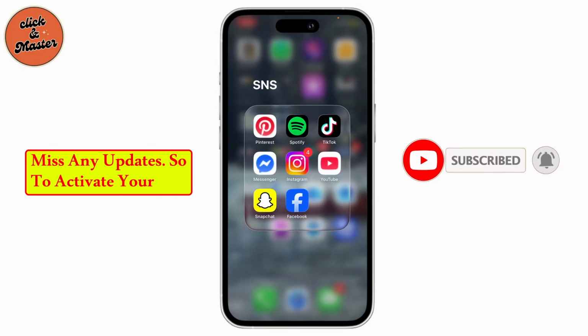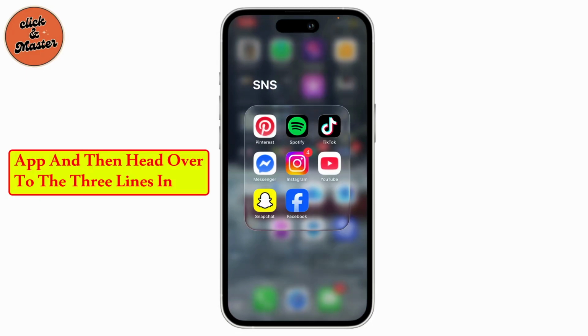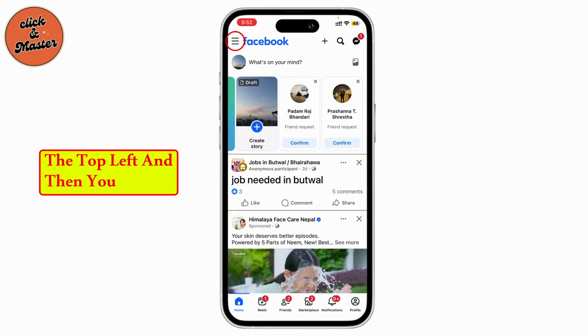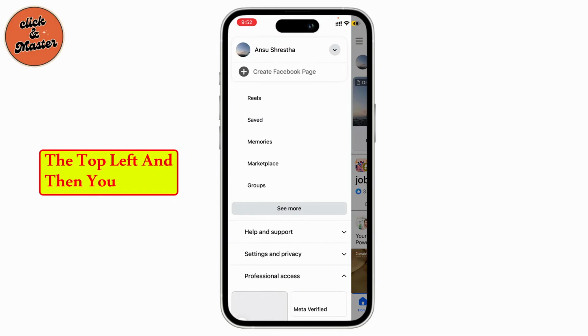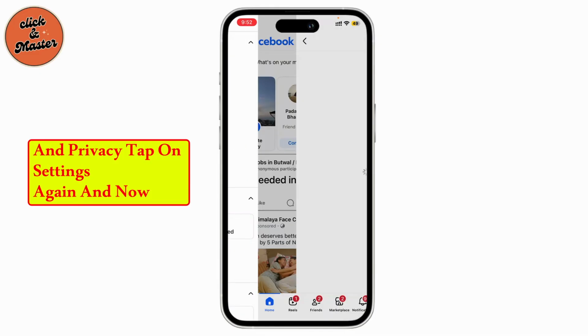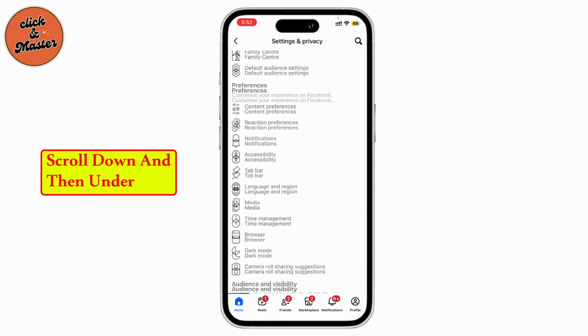So to activate your followers option, let's dive right in. Open up your Facebook app and then head over to the three lines in the top left, and then you will need to go to settings and privacy. Tap on settings again, and now scroll down,